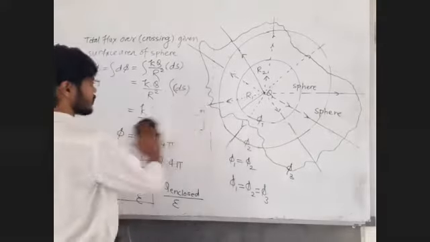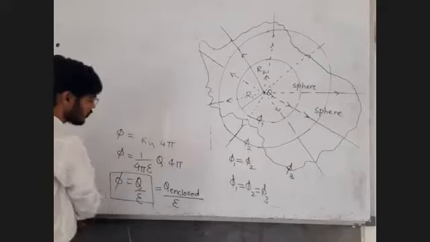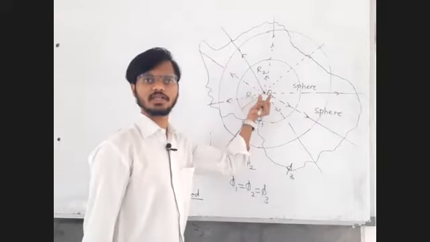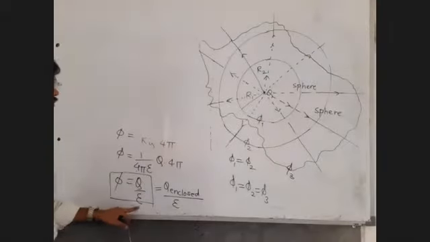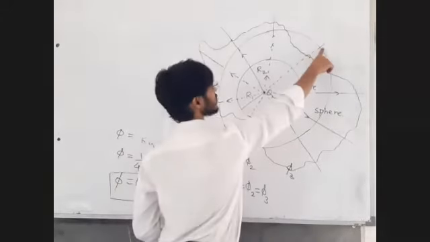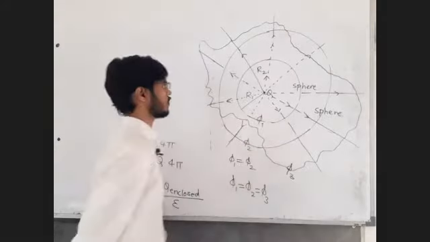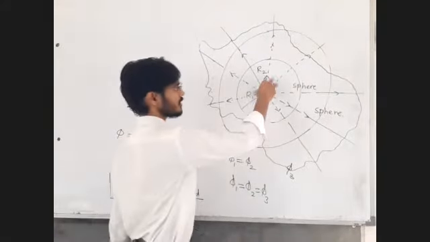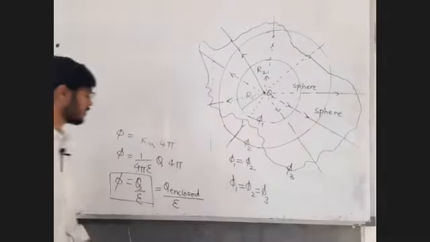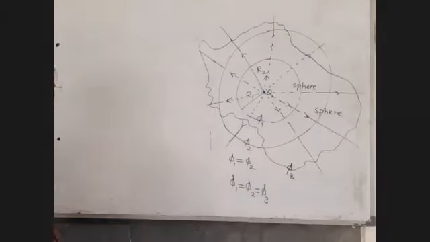So Q enclosed upon epsilon. If the medium is not vacuum, epsilon; if it is vacuum, epsilon 0. So can I say the electric flux coming out of the positive charge Q is equal to Q upon epsilon? That same flux will cross the inner sphere. That same flux will cross the outer sphere. That same flux will cross this random shaped closed surface. Okay. What does that mean? Whatever has been emitted by this enclosed charge is ultimately going to cross this surface as well as this surface. So the electric flux emerging out from the positive charge Q is equal to Q upon epsilon.